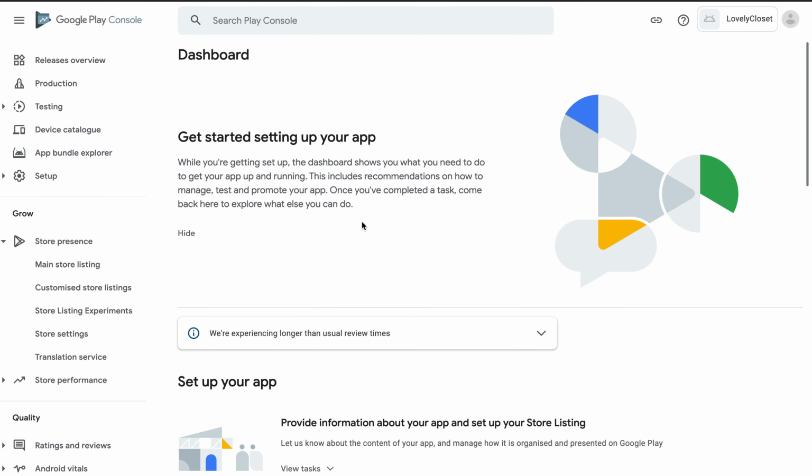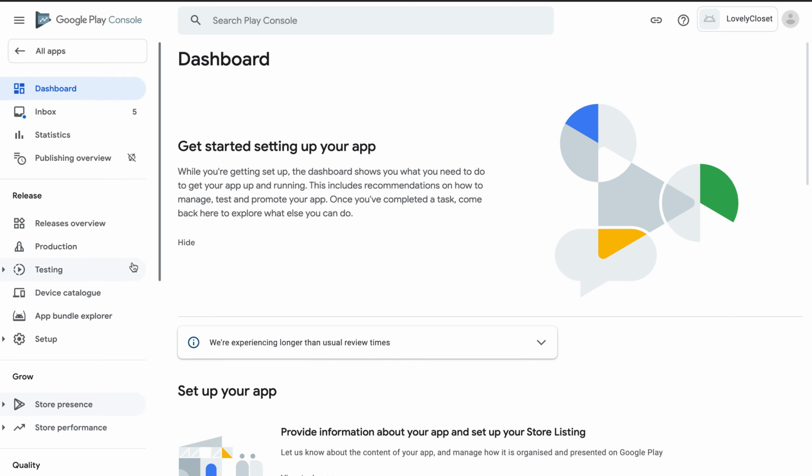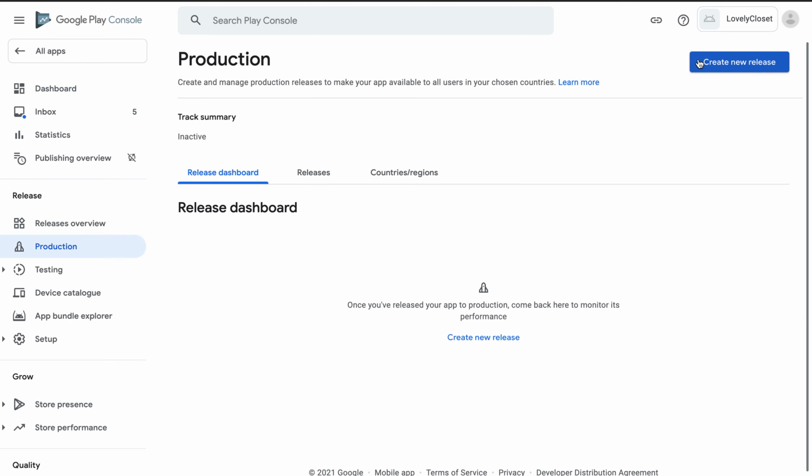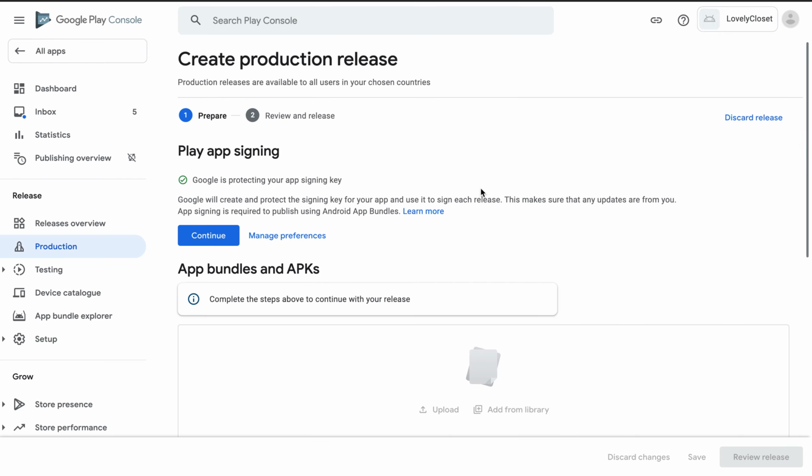Now when we give the app file to you, what you will do is go to the production, yeah, production, and then you will create a new release. When you create this new release, do you see this thing, Play app signing? So this signing is sort of like, how do I say, non